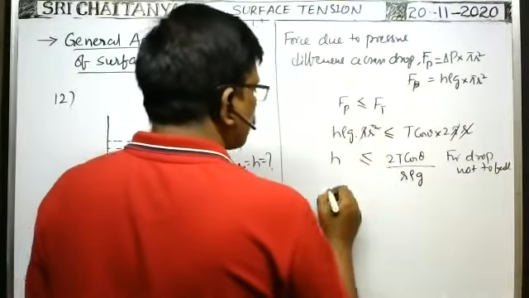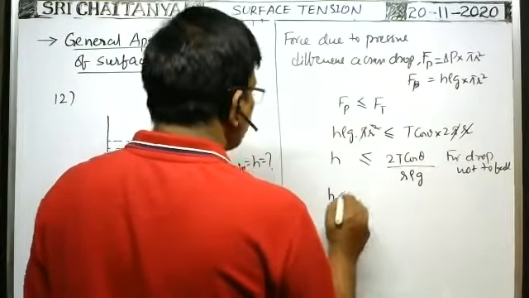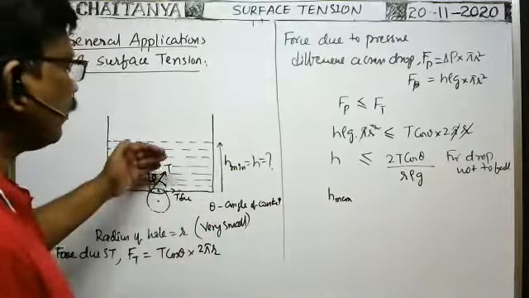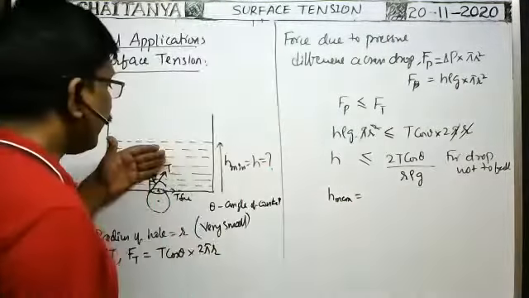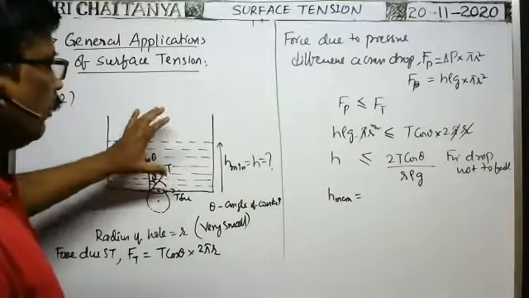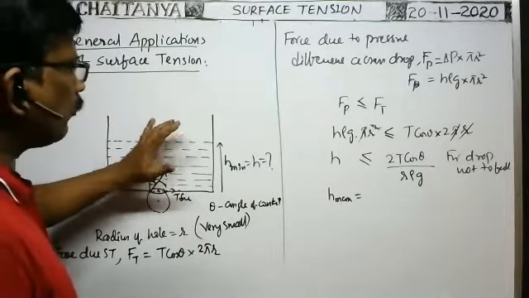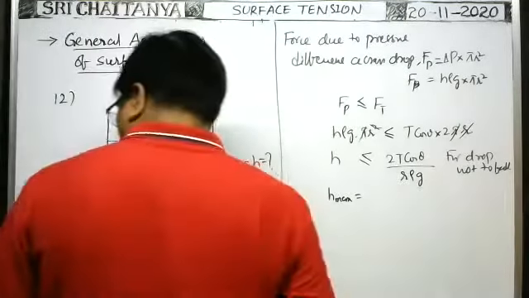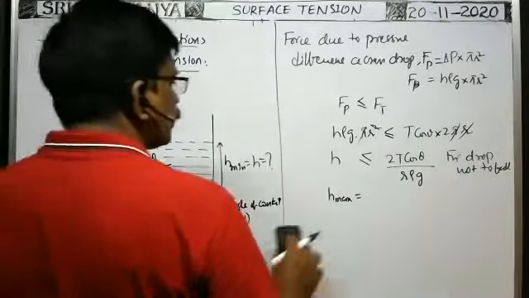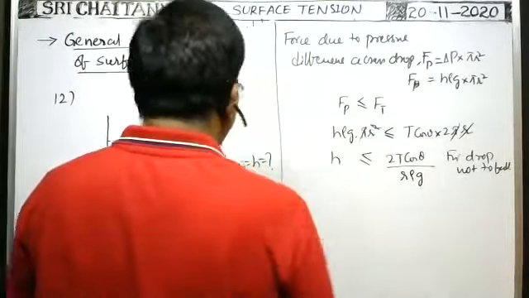So what is the maximum height? Maximum height up to which the liquid is taken in the beaker so that the liquid drop does not fall, or the liquid does not leak out through the hole. ఈ బీకర్ లో ఎంత హైట్ వరకు మాక్సిమం లిక్విడ్ తో ఫిల్ అప్ చేసినప్పుడు దీంట్లో నుంచి లిక్విడ్ లీక్ కాకుండా ఉంటుంది అంటే, therefore the maximum height up to which liquid is taken so that the liquid does not leak out through the hole.